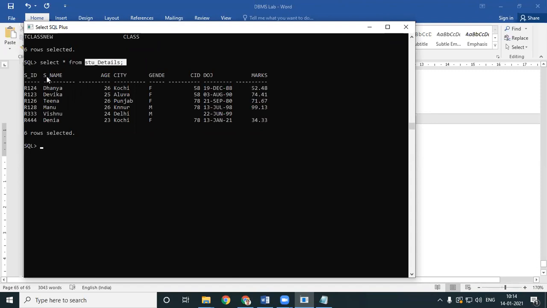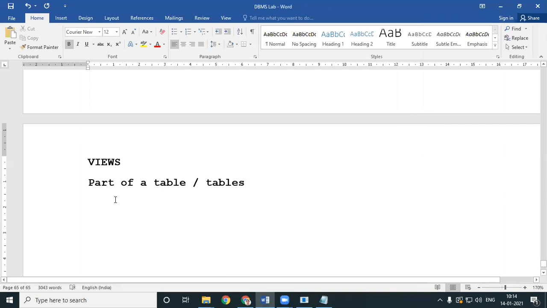I just want the name, city, and marks of the students. I can be very selective. So when you want to view a selective set from a table, you will be creating a view.